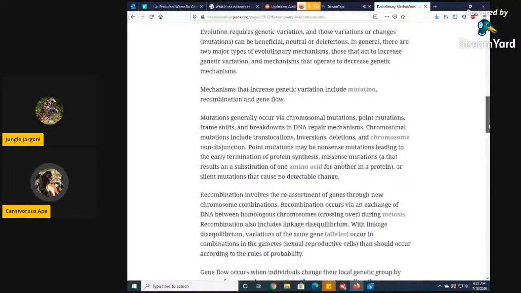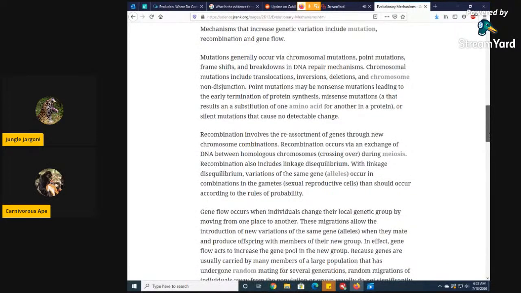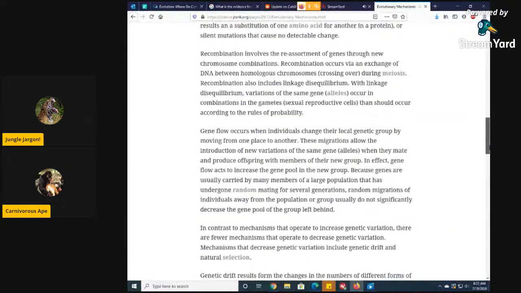So, is it your opinion that an elephant's suddenly going to give birth to a field mouse? No. I mean, they've been getting bigger and bigger, and then suddenly they get small again. I don't understand how that works. What did I say though? I said it goes back and forth. Big, big, small, big. How do you get a mouse from an elephant? No, never mind. Well, recombination involves... you seem to think that evolution works at the generational level.